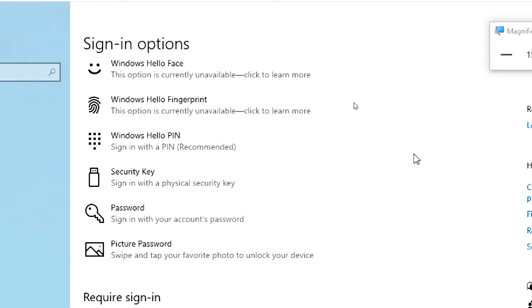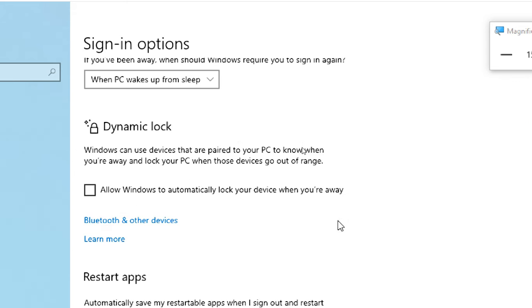What is this security key? It is a kind of key. It looks like a USB nowadays. Earlier it was a parallel port type of connection, now it is USB only. You can put your password related information into your pen drive. If you connect that pen drive, it will open. Otherwise, it cannot be opened. That is called a security key. So these are the sign in options.